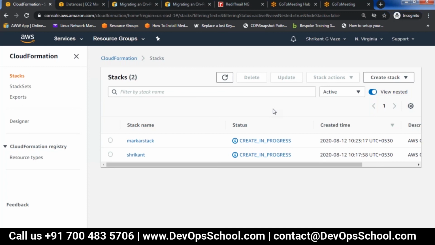I think validate and then create stack. That will take you back to the template section. Do we need to change the instance type inside the template?